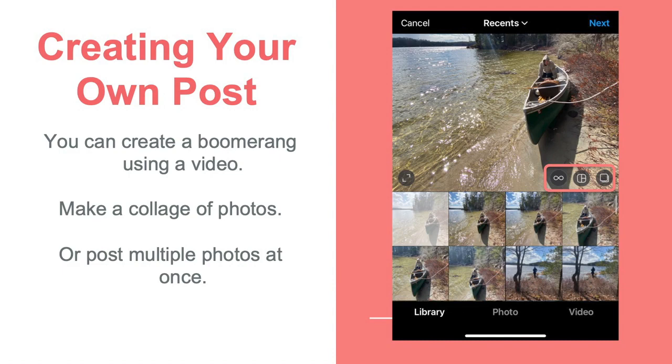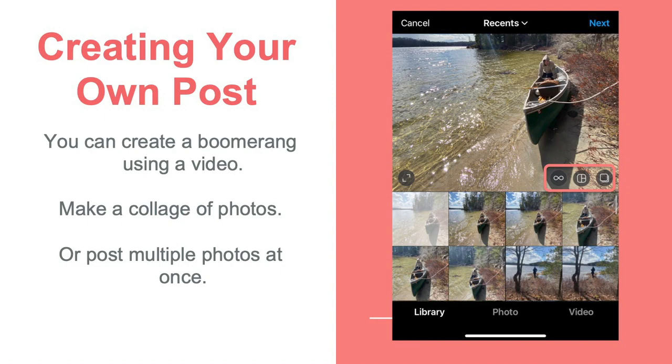Apart from posting pictures, you can post a single picture. You can post multiple pictures. You can post a collage. Or you could make what's called a boomerang, which is like a video that starts and then goes to the end and then loops back again.